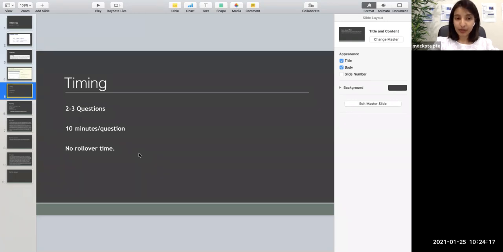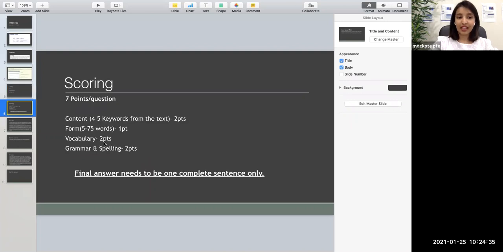Both the sentences should not be close to each other. Both the sentences should not contain symbols like brackets, exclamation marks, question marks, quotation marks. Avoid them in your answer. Okay, and make sure you join them using comma and connective. Sentence 1, comma, connective. Sentence 2, full stop at the end. Do not use any short forms in your answer. Write only within 5 to 75 words, preferably around 40, 50 words, and use only academic vocabulary in your answer. Do not use any short forms. And most importantly, use the last 2 minutes to double check your spelling and grammar.